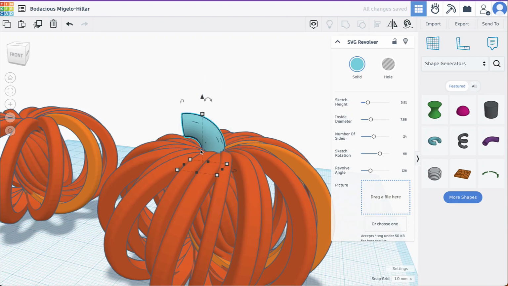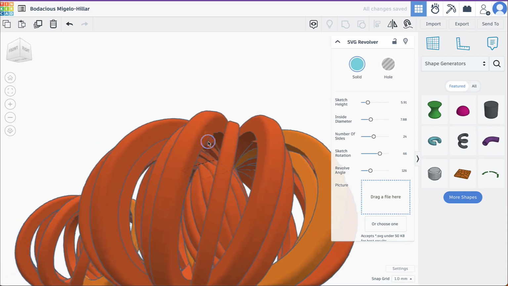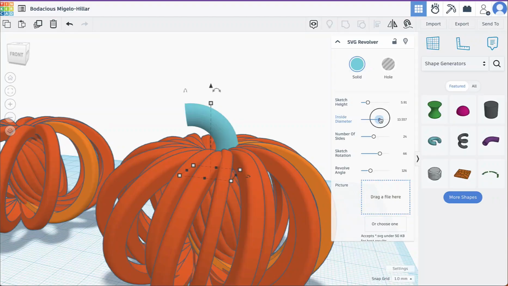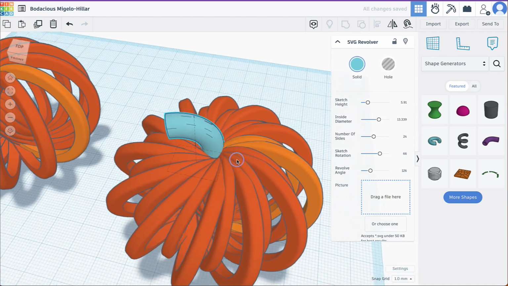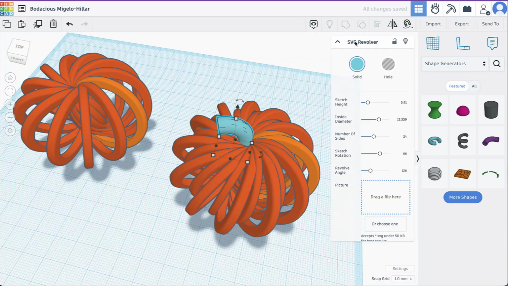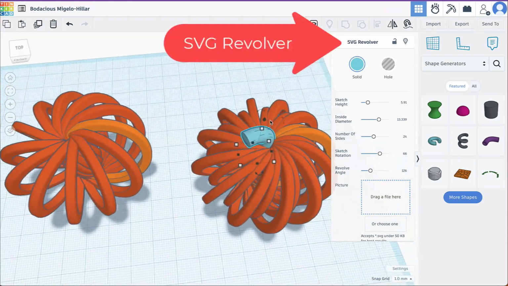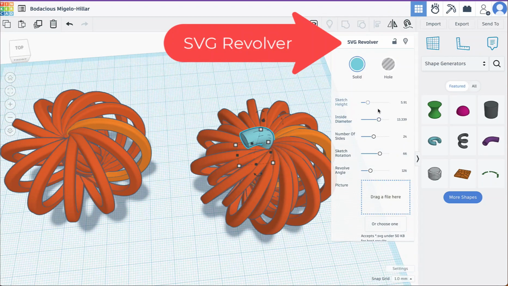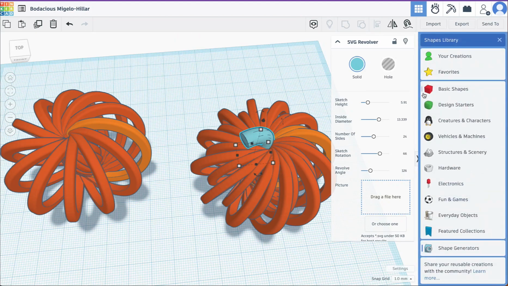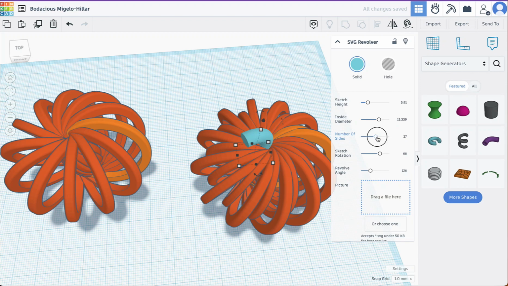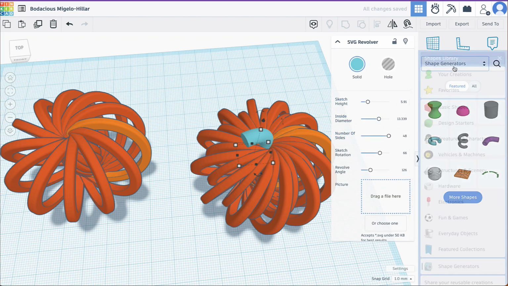Rotate it again. And once again, just using my keyboard keys to make sure it's in the middle. So here's where you can really just play around to see how you want your stem. So this is an SVG revolver. It's a really nice shape, a circular shape that can move in many different directions. And really, it's a matter of playing with the menu to see what kind of direction you want to do